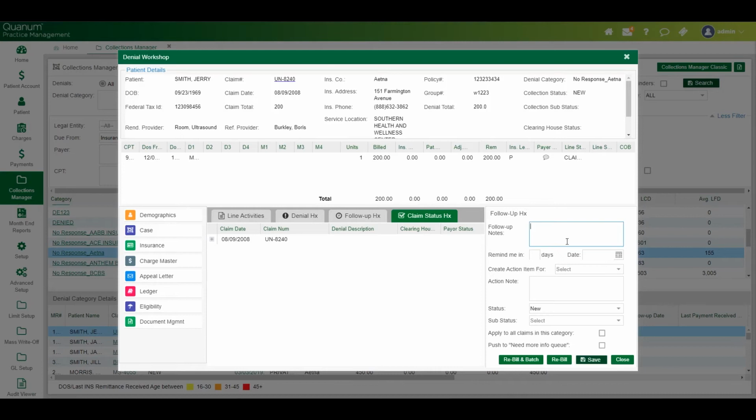So let's say if I call the insurance founder, this claim is in process. I want to add that note, so I can add that note there. I can also enter a tickler for remind me in, let's say, 20 days, for example. So I can put a tickler here for 20 days reminder, this claim will pull up on the collections manager